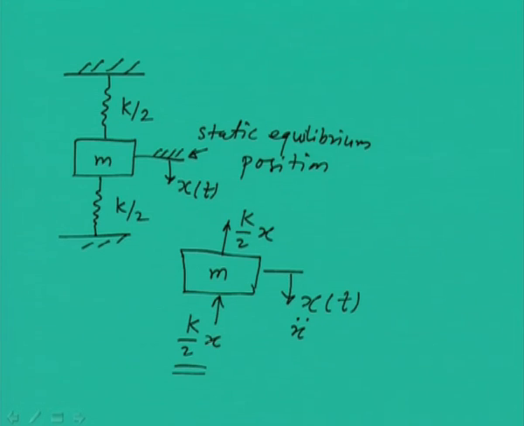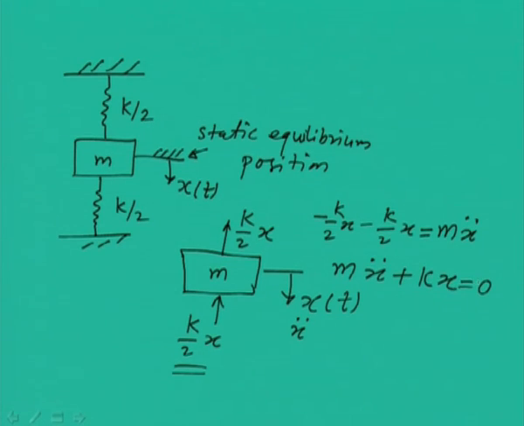Motion is downward, forces are acting upward. So we can write minus K by 2 x minus K by 2 x, and these are the two external forces acting, which should be equal to mass times acceleration. So this will give us the equation of motion as,